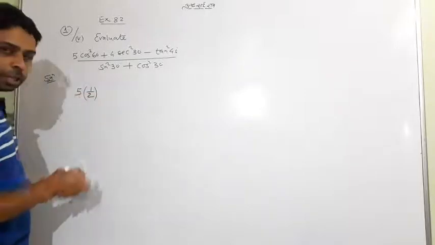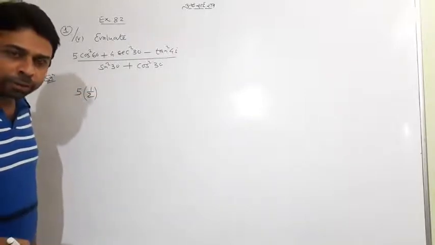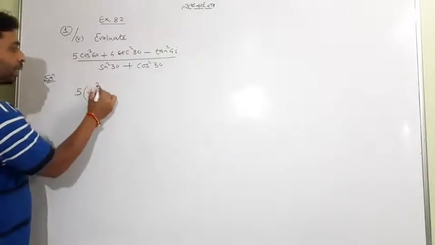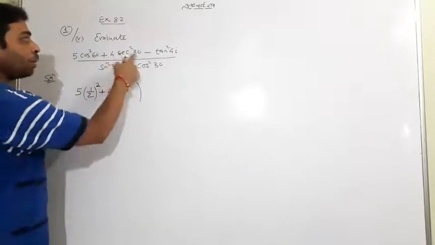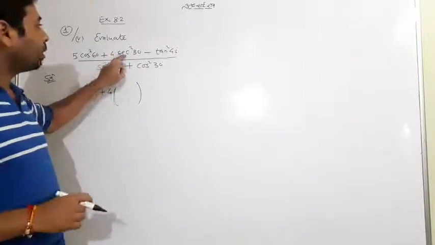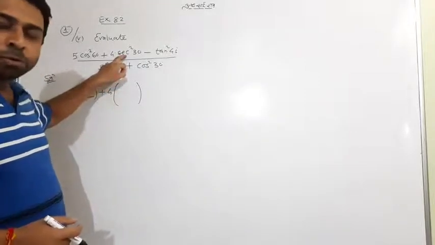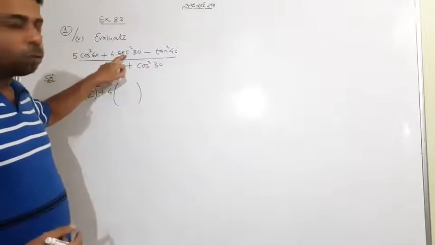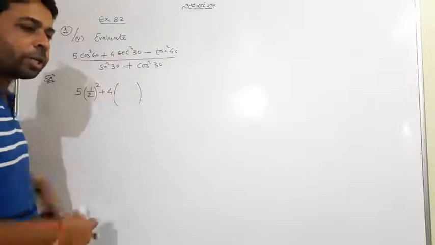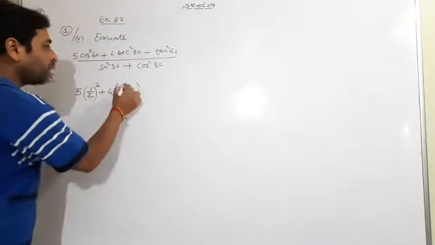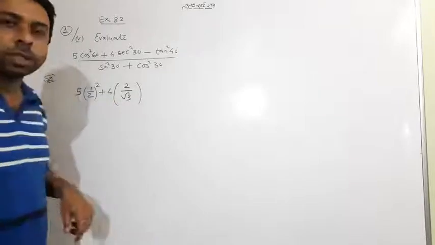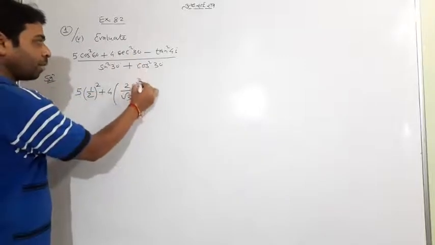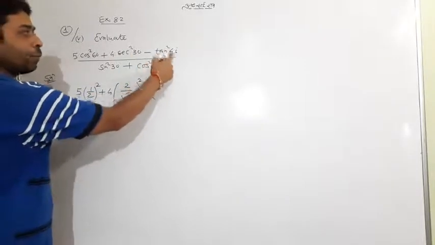You can see the table as I told you yesterday. If you don't remember the values, you can take the help of the table. Cos 60 means half, squared, into 4 sec 30. As I taught you the trick, if you don't remember the sec 30 value, you should know that sec is the reciprocal of cos. So go with cos 30, which itself is root 3 by 2. Sec 30 is just the opposite of that, the reciprocal, so it's 2 by root 3. The square is here, so I want to square that. Tan 45 itself is 1.